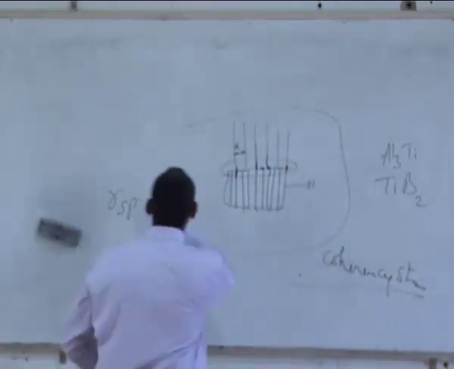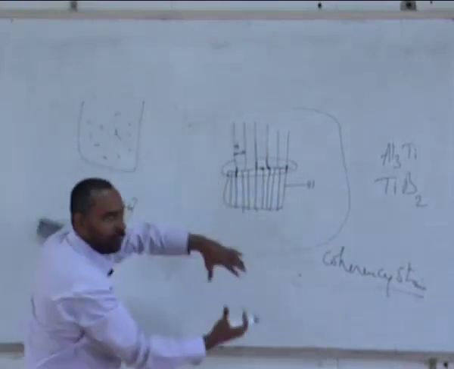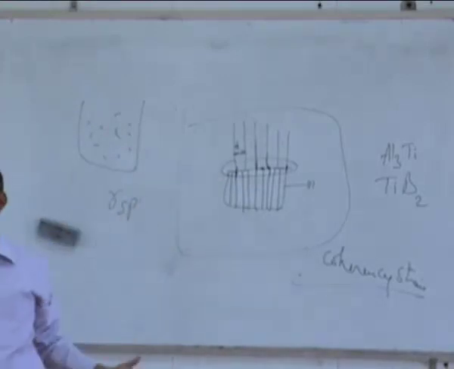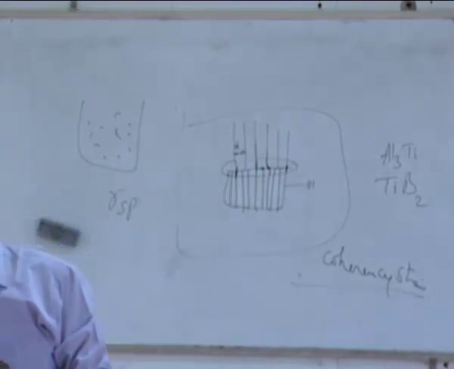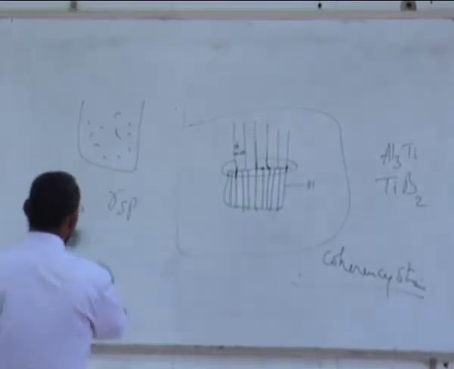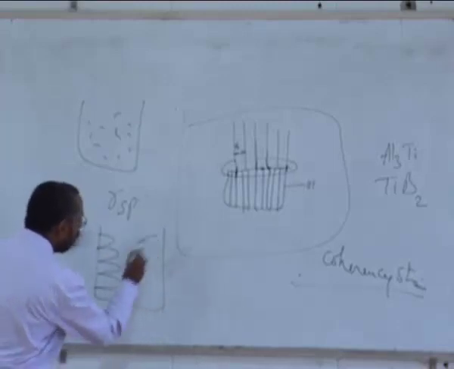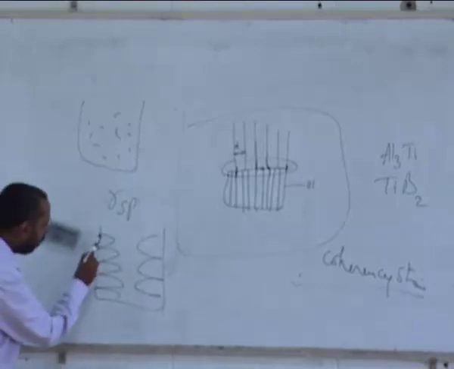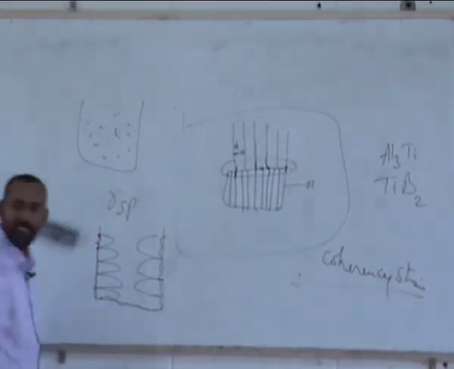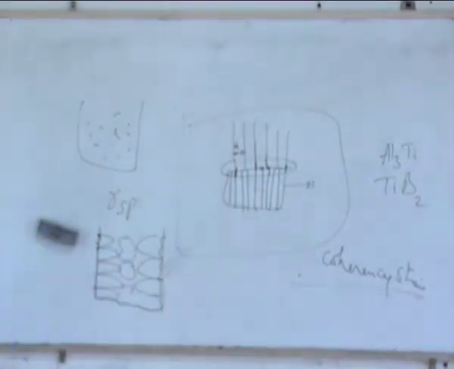So if I take a liquid of aluminum, add these particles into it, pour this liquid into a mold, allow it to solidify, each of these particles can act as a nucleating site for the solid to nucleate. In a normal solidification, if you pour a liquid metal into a mold, you have this kind of columnar grains forming, right? First you have chilled grains, small grains here, and then you have columnar grains, then you have some equiaxed grains. This is how a typical structure is for any casting.